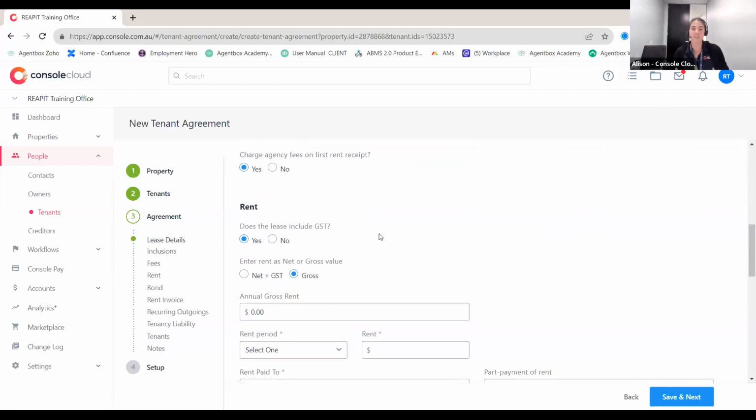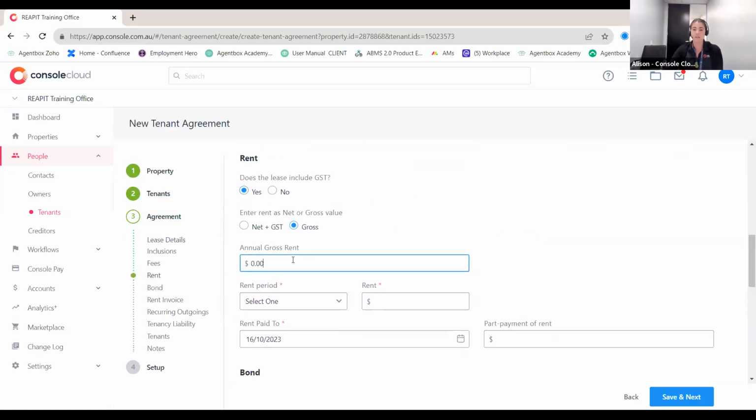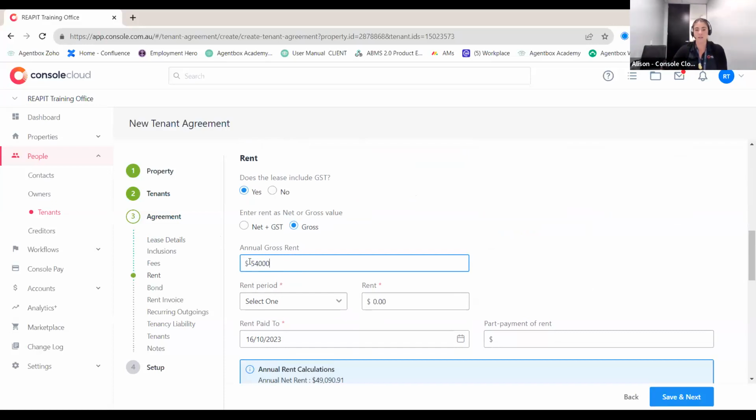Now coming down, this is one of our recent enhancements, around how we actually look at our rental calculation. So I'm going to pop in the lease does include GST. I can then choose whether I enter the rent as net or gross value. And if I've got an annual agreed rent amount, I can pop that in here. So if this was 54,000 gross,